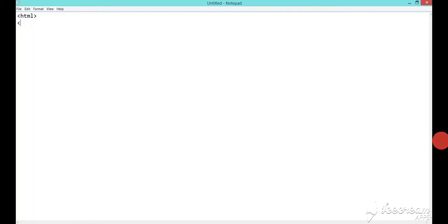First of all, open the Notepad editor and start to type the program. Then, see in this way, first of all type in the Notepad editor.